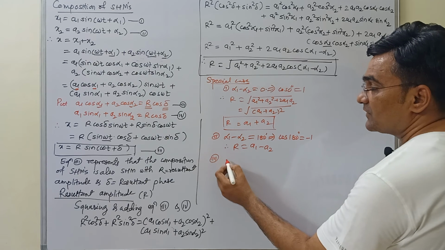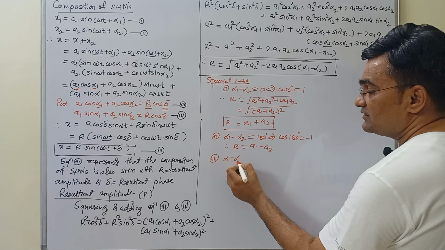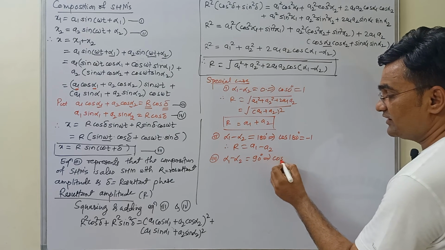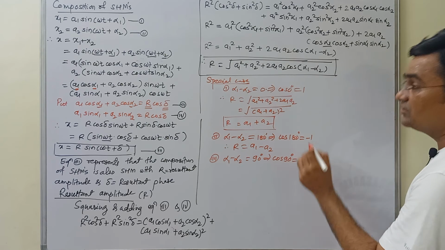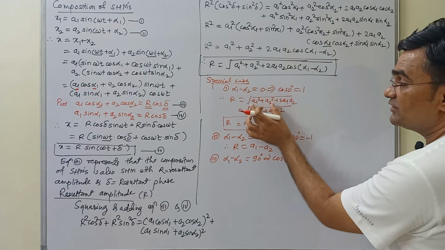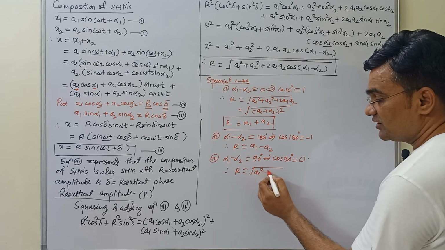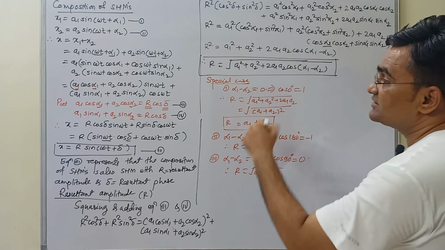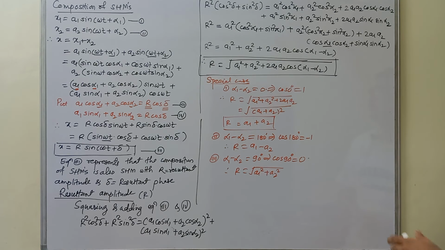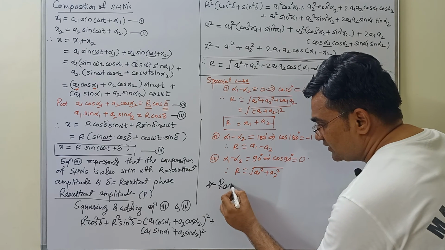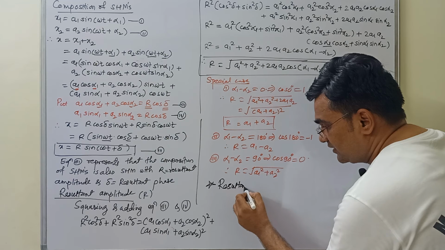Third case, if alpha 1 minus alpha 2 equal to 90 degree, then what is cos 90 degree? It is 0. So if this will be 0, then R equal to what we will get? Only R equal to root of A1 square plus A2 square. These special cases you will require to solve some MCQs in the CET exam. Okay. Now finally we will find the resultant phase. We will just require the formula for resultant phase